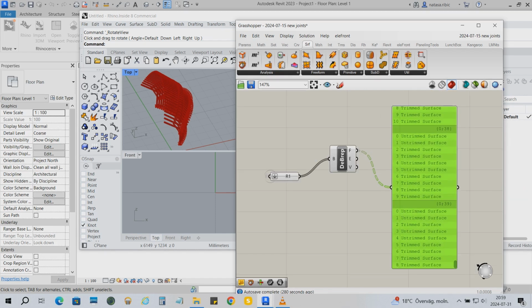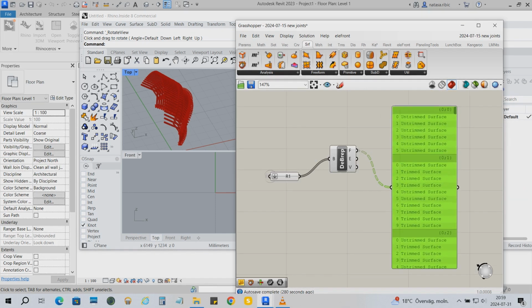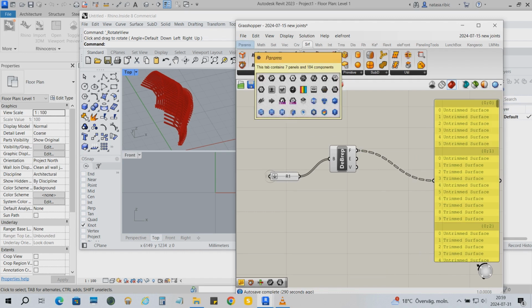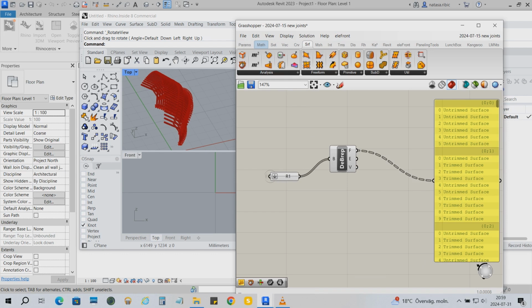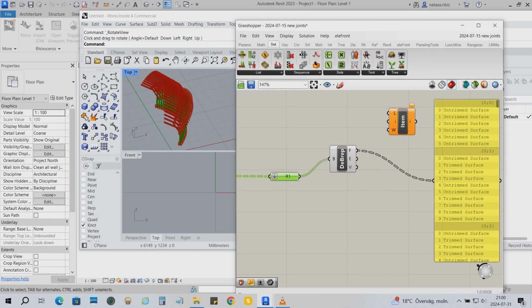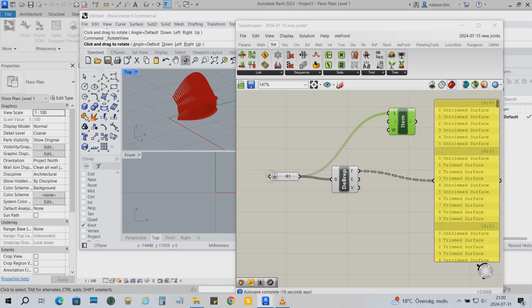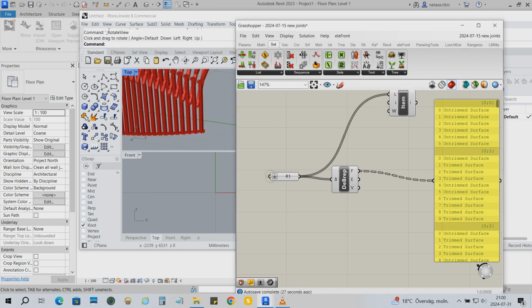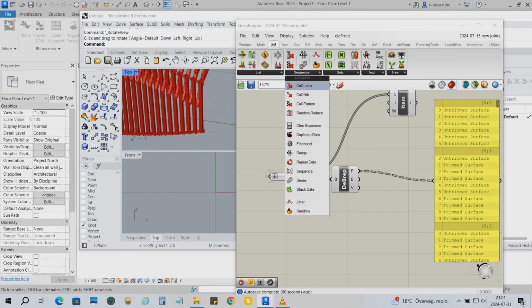Let's start with grouping the breps according to the number of faces and surface pattern. So this one has only 6 faces and it's going to have its own group. I will take a list item, connect this list to this item, and this is my first brep, the one that has only 6 faces. That's this one. Then I take the next group. The next group are all the breps with the index number 1 to 35, I think. For that I'm going to use, let's see, cull index